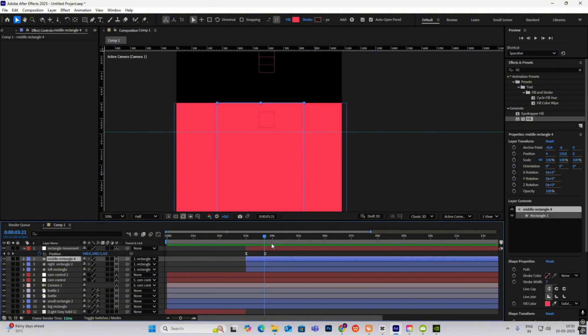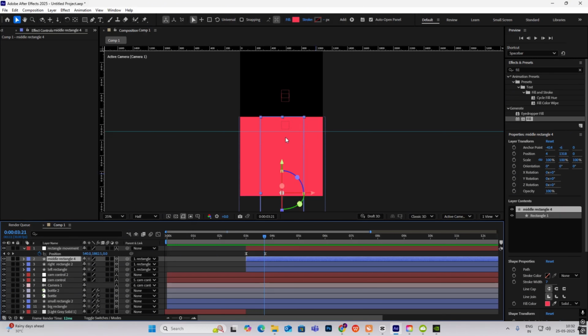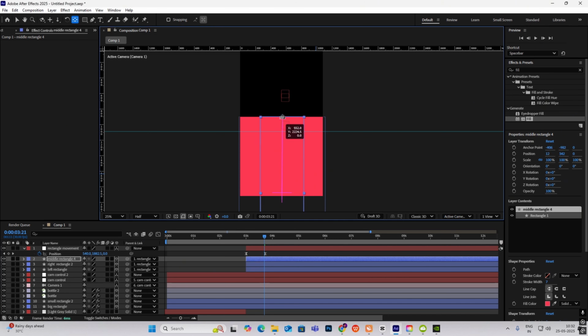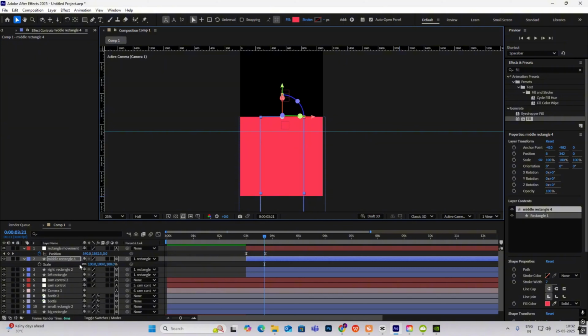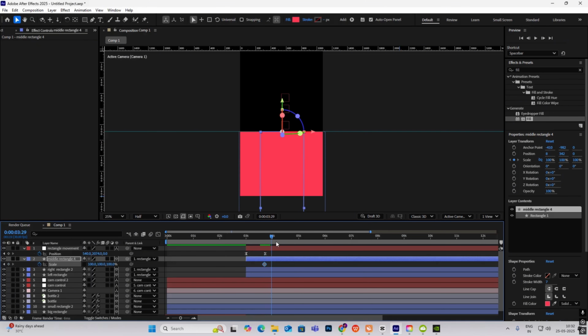Okay, and then what we have to do is take this anchor point by hitting Y and put it over here to the top center. Okay, now simply hit S for scale, deselect the link, hit on this keyframe and go ahead somewhere here and then